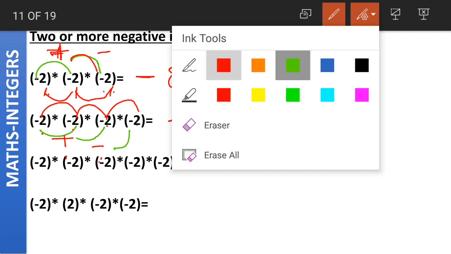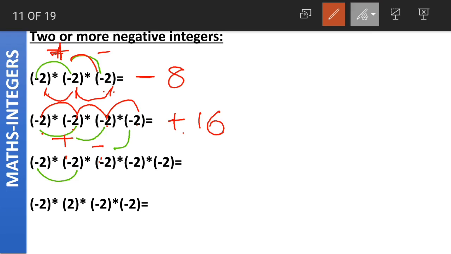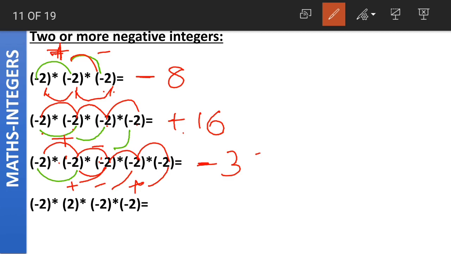numbers. Coming to the third example, minus into minus is plus. Again plus into minus gives us minus. Why? Because both the signs are different. This minus into minus gives us plus and this plus into minus gives us what? Both the signs are different. So the result will be negative. The final result will be negative. Coming to the absolute values, 2 2s are 4, 4 2s are 8, 8 2s are 16, 16 2s are 32. Is this clear? How did we do this?